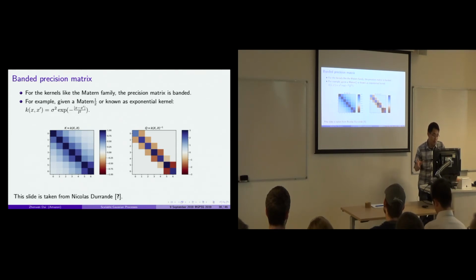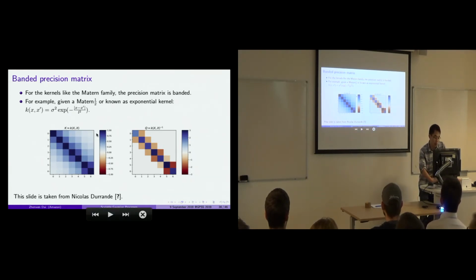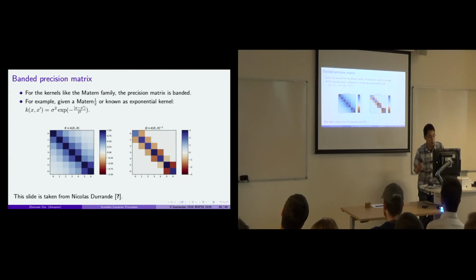we can derive a covariance matrix or a kernel function, which is known as the Matern family, where the covariance matrix is not low rank, but it's a banded precision matrix. So that allows us to do quite efficient calculations by directly computing the banded precision matrix and directly solving either the log likelihood or the prediction. So in these cases, then